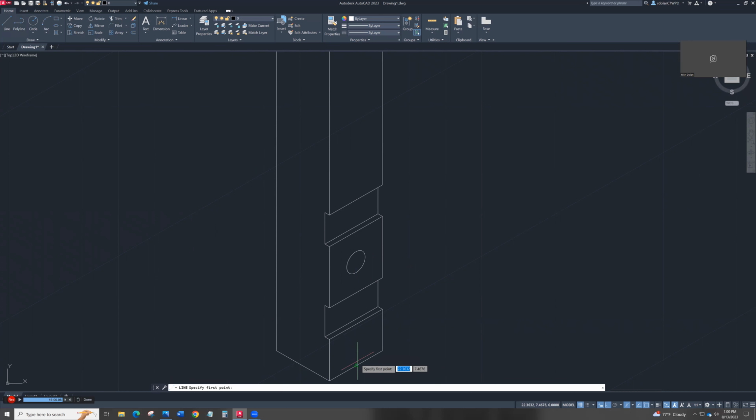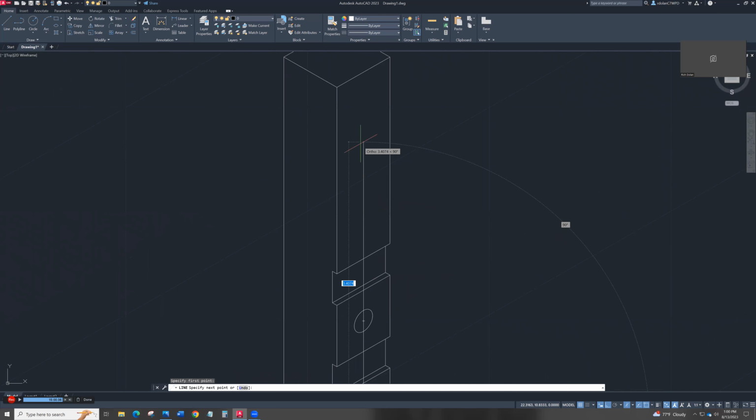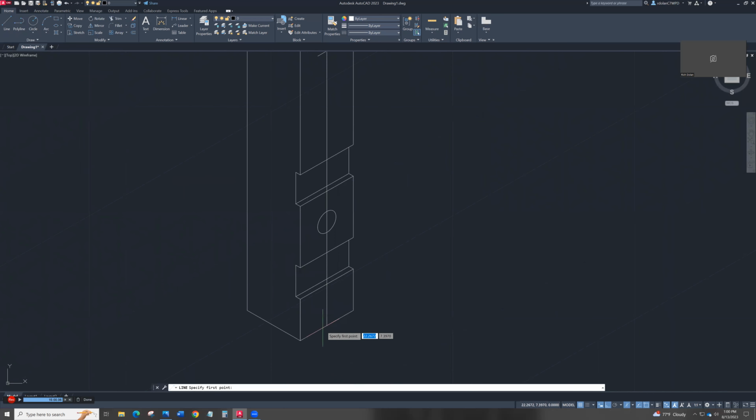Draw another line straight up here. Okay, now I've got a couple of different ones. I have those two lines, so I can go up there 3.312, and I can go this way 0.125, hit enter, go this way 0.125. Okay, and I can then draw another one for the top one from the same spot, because I'm going to be deleting those anyway from there, and then it's going to go up